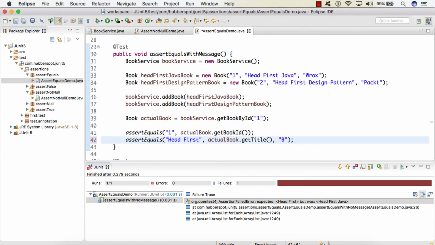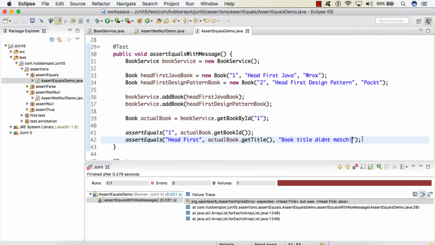Let's say we give the message as "book title didn't match". So here we have provided a customized message.